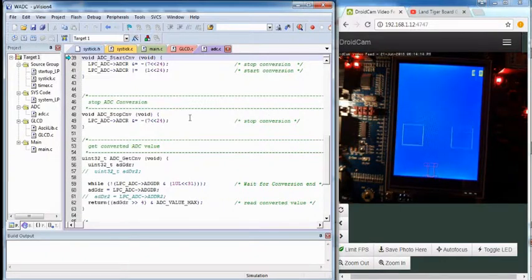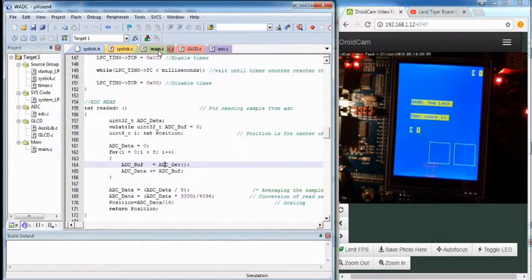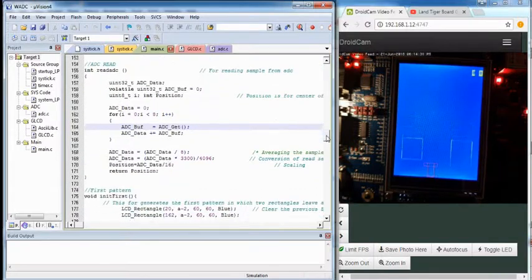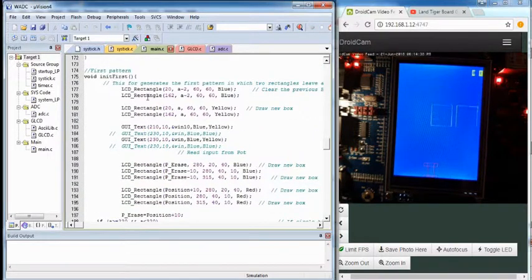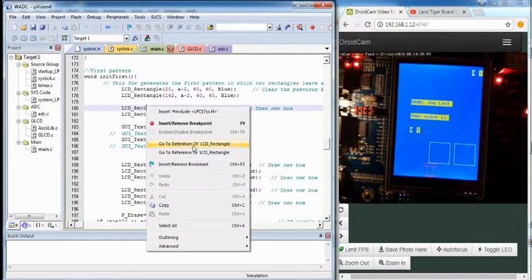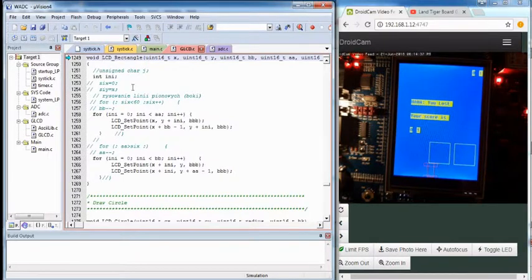Okay guys, I want to just show you one thing more. This is basically how we are getting data from ADC. This is the function. If you go inside that function, inside this function we call this function. First of all, we start the conversion, then we get the value of the conversion from the register. To start the conversion,